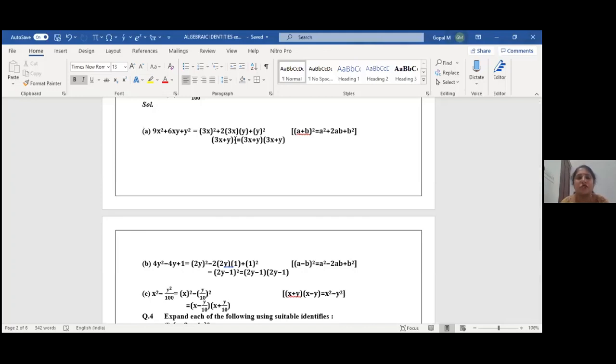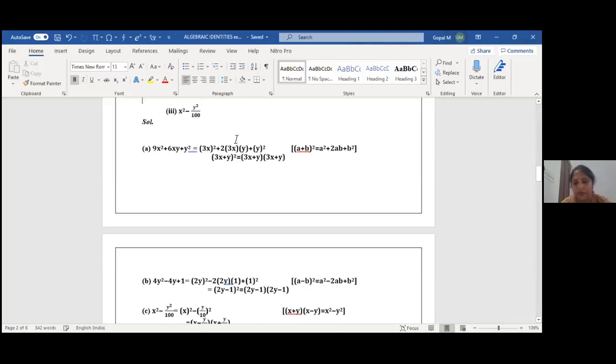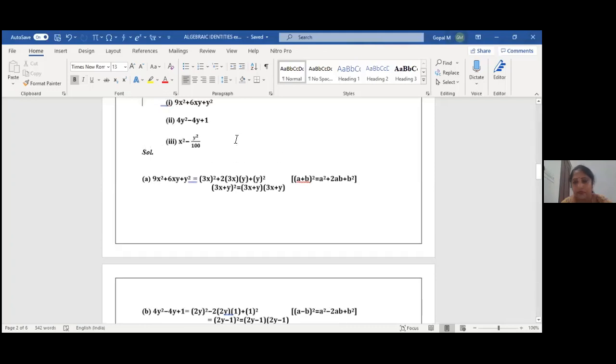Ma'am, before you were giving two expressions, now only one, ma'am. Ajay, I did not get you, Ajay. Okay. Ma'am, like you gave an example, 3x plus 5, and then on the other side the bracket. That is the factorization, the different (x plus a)(x plus b) form. I'll come to that also. Okay, ma'am.